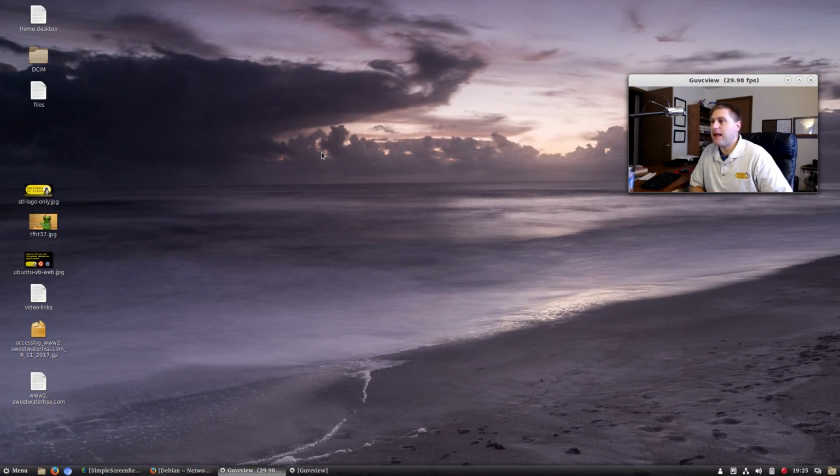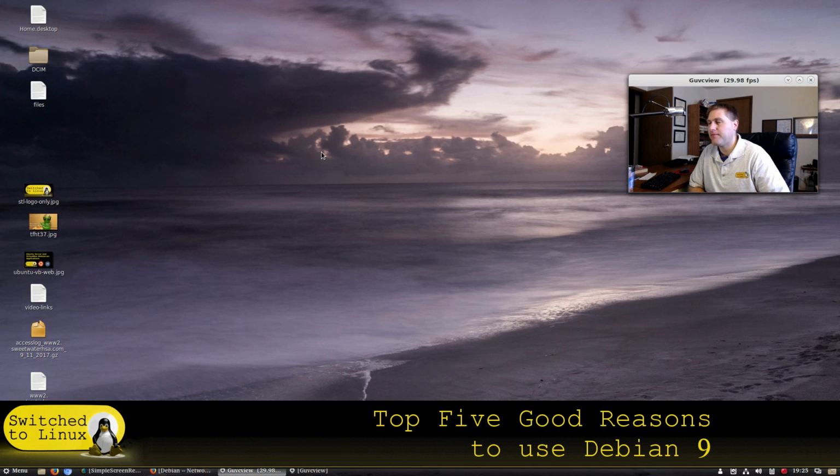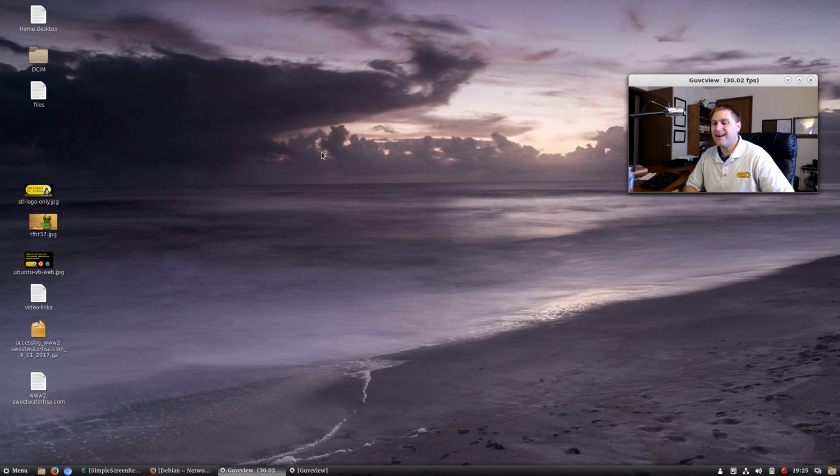So we are back on the Debian computer, and I'm actually running this on Cinnamon because I can record video on Cinnamon. I just can't make it any bigger than this. I did not test how big I can make the picture on Mate, and I can load the camera on Plasma. However, about the left or the right quarter of the screen, the wallpaper and everything over there just kind of goes away, and I'm left with the login wallpaper. So I'm thinking, based on the fact that Cinnamon and Mate both run Xorg and Plasma runs Wayland, it's a Wayland issue. But regardless, we'll get into more of that maybe next week,